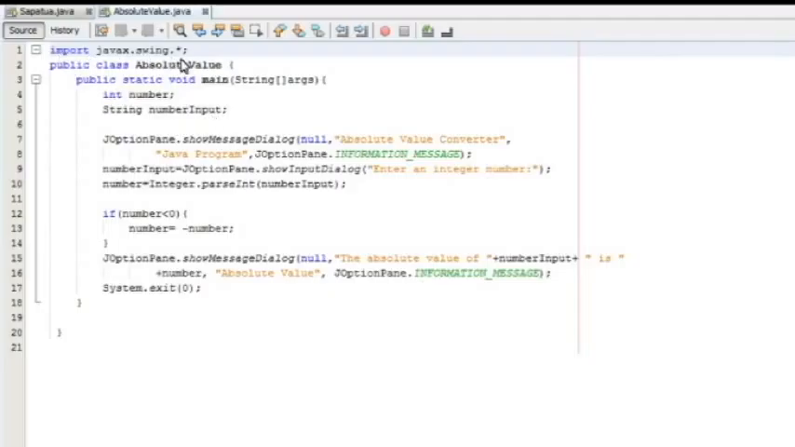import javax.swing.*; public class AbsoluteValue { public static void main(String[] args) { int number; String numberInput; JOptionPane.showMessageDialog(null, "Absolute Value Converter", "Java Program", JOptionPane.INFORMATION_MESSAGE);